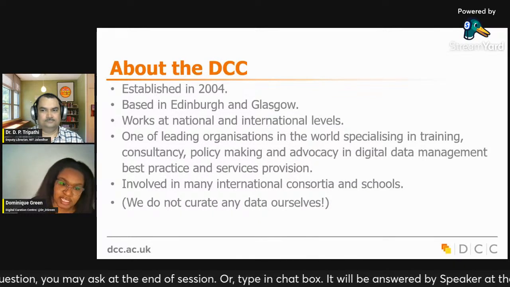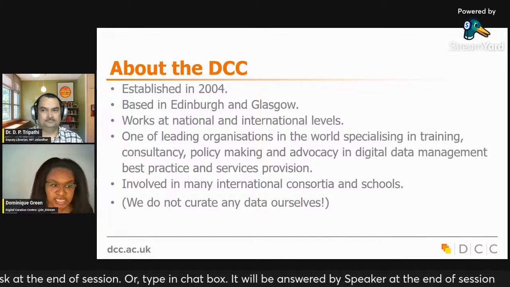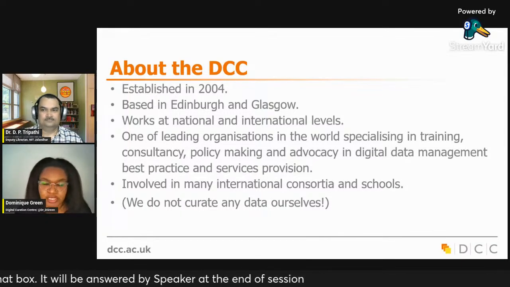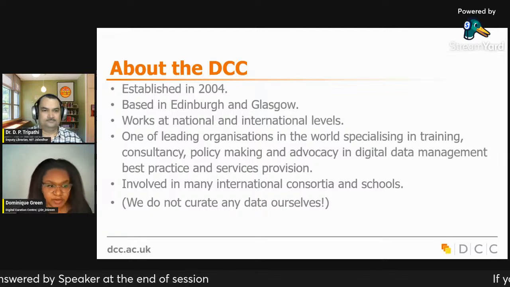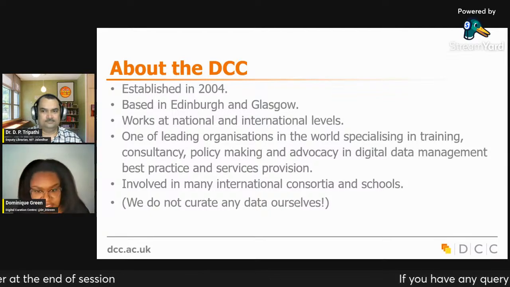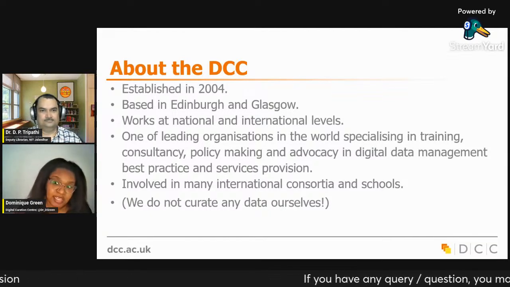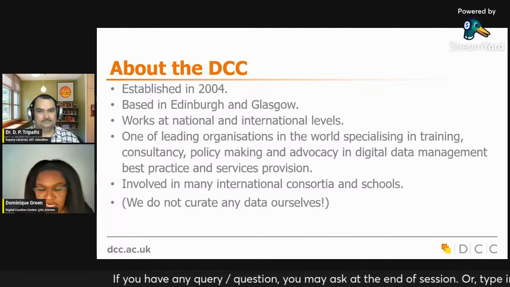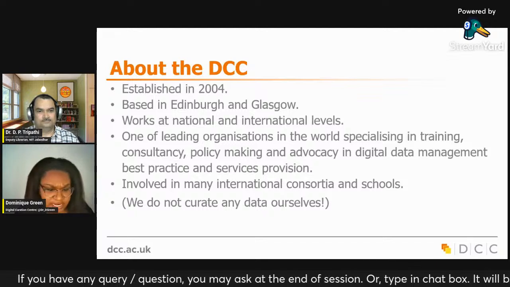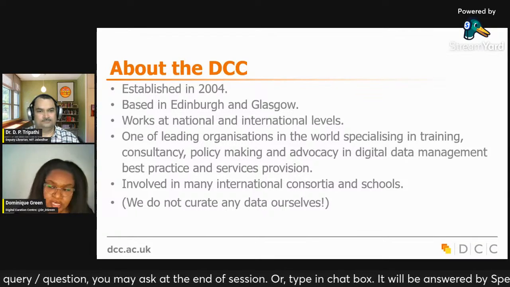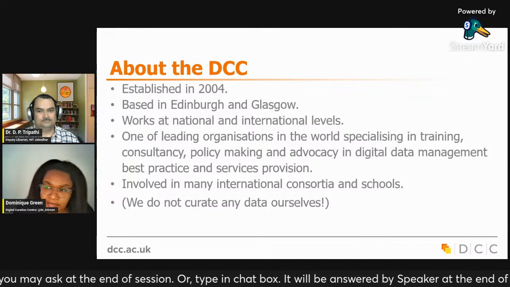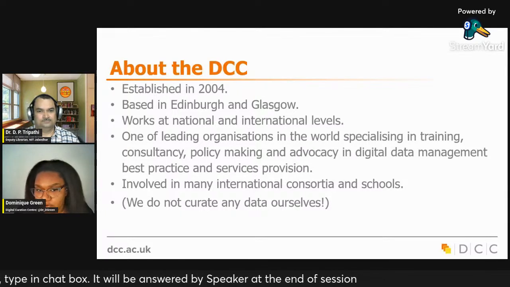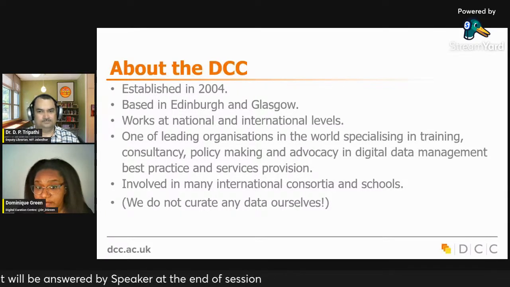And with that, we have a really unique opportunity to work at national levels in the UK. We work on quite a few projects, as well as internationally. We work on a lot of European funded projects where we look at digital data management, we look at training as it relates to research data management, and with advocacy. So we have a really unique opportunity working with a lot of international consortia and schools. It is quite unique, and we have this opportunity to talk to different organizations and different people about research